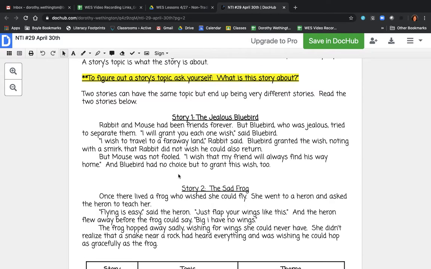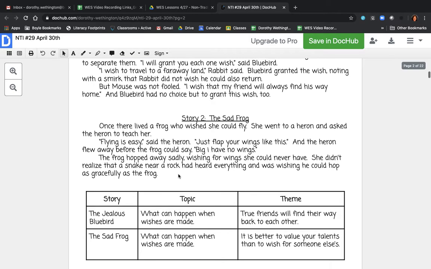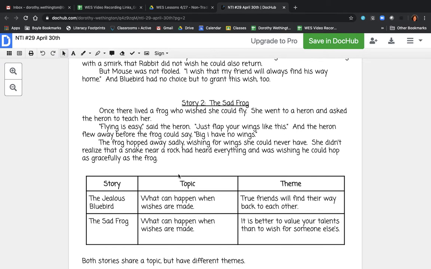Story 2, The Sad Frog. Once there lived a frog who wished she could fly. She went to a heron and asked the heron to teach her. "Flying is easy," said the heron. "Just flap your wings like this." And the heron flew away before the frog could say, "But I have no wings." The frog hopped away sadly, wishing for wings she could never have. She didn't realize that a snake near a rock had heard everything and was wishing he could hop as gracefully